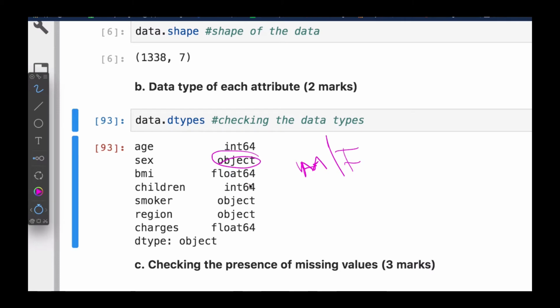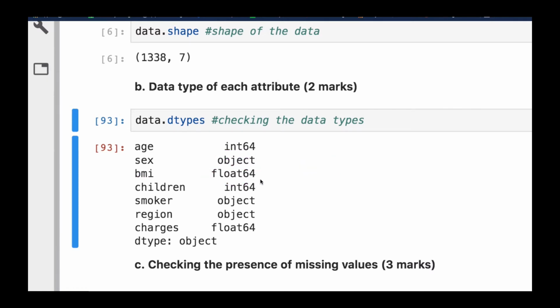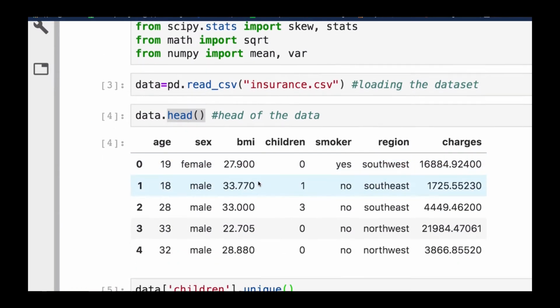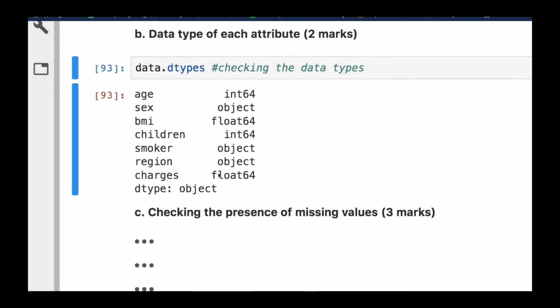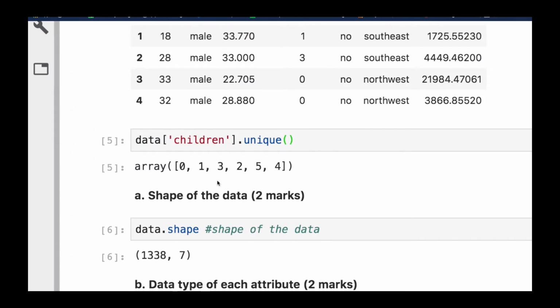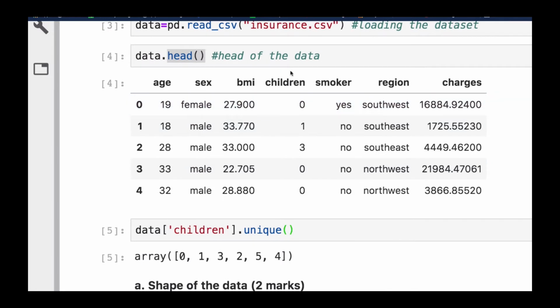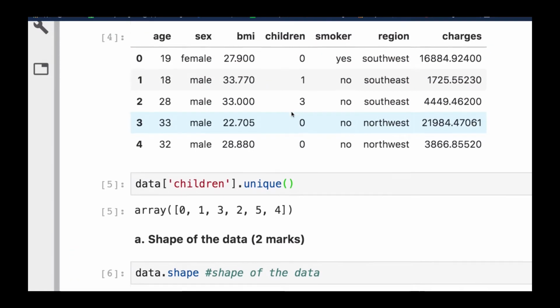So if we are going to build an algorithm, we need to deal with that. BMI, of course, is a float. That makes sense, right? If you see the BMI column over here, you see that in the form of a decimal, so it's a float. The same thing with charges. Charges is supposed to give us a float, right? So that's cool. And then say children is supposed to be categorical as well,